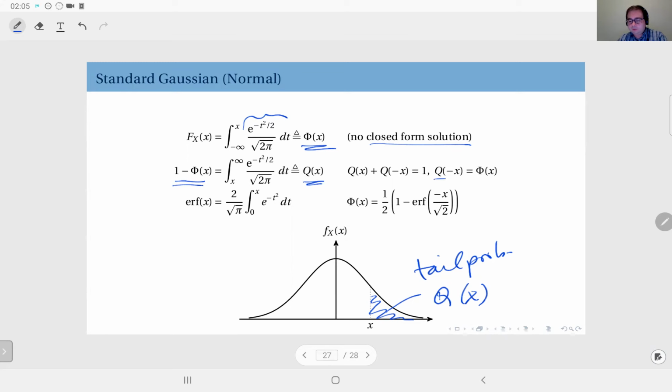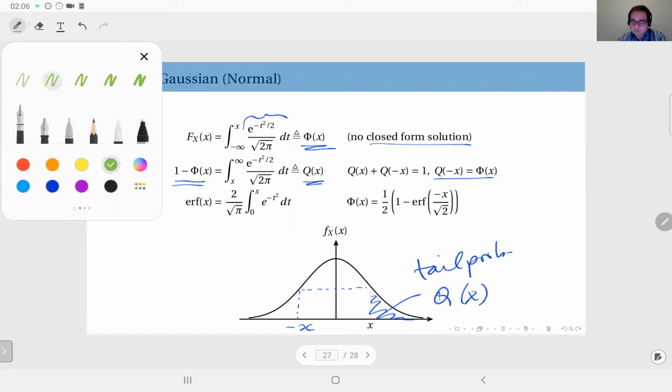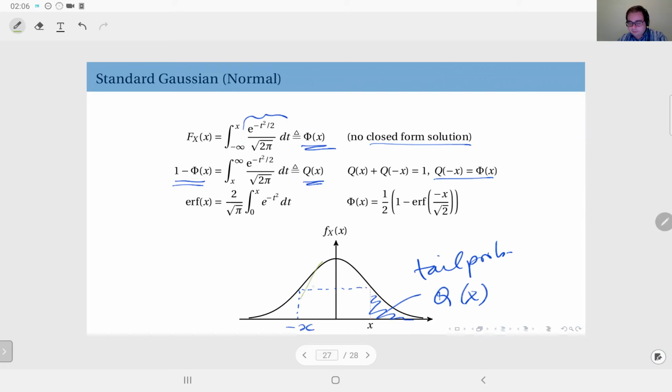Essentially, we have Q of minus x. Let's say this is minus x here. Q of minus x, let me use another color, let's use green, is this region here. So you should see that Q of minus x is equal to phi of x, because